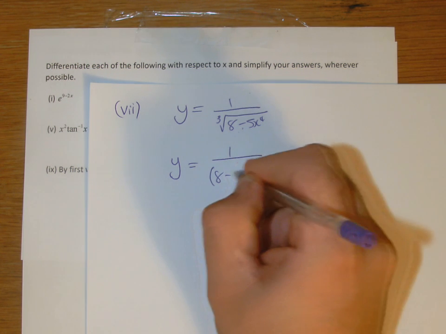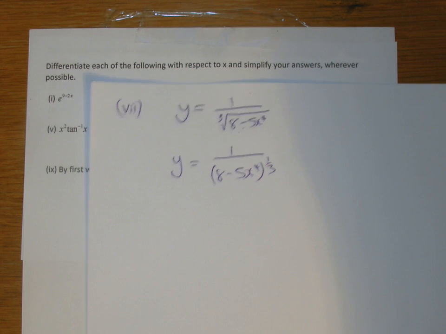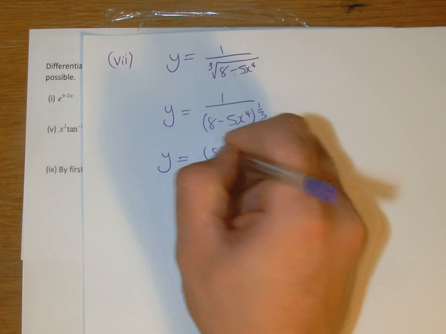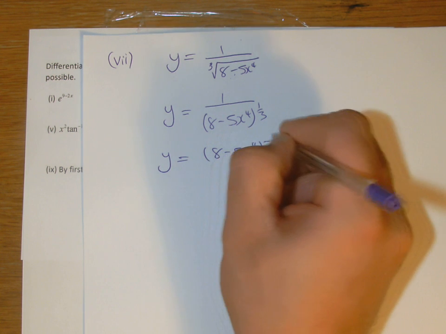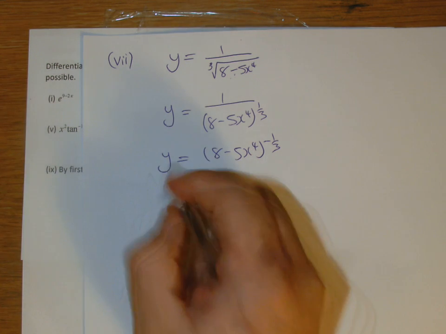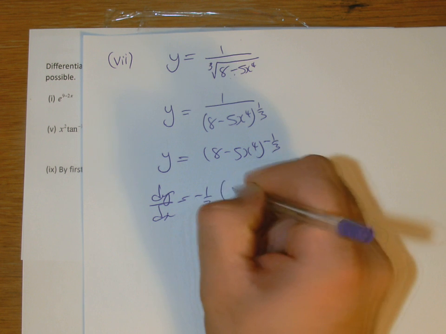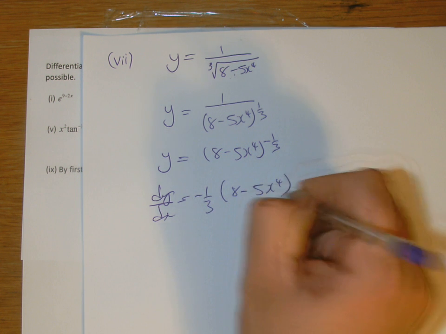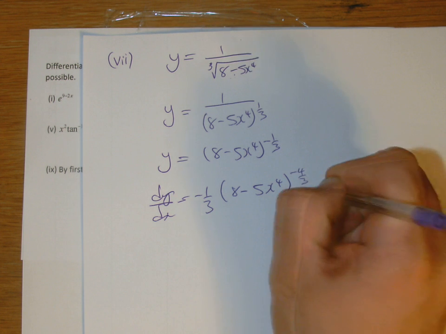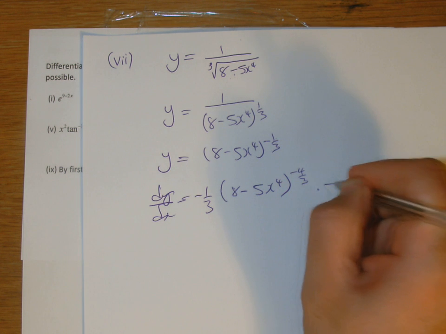So of course don't forget cube root is the power third. That's what a cube root is, the power third. Take it up, that's what I would do, because it's much easier to differentiate. You can just now take this as a function of a function. So you do d by dx, bring that minus third down, 8 minus 5x to the power 4. Take away 1 from that, you get minus 4 thirds, times then the derivative in here, which is minus 20